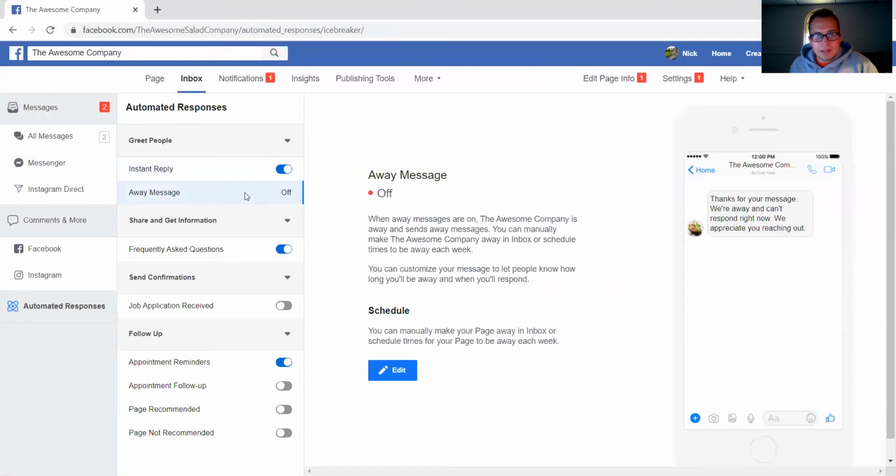You can set an away message, so when you're closed, you can even schedule an away message saying, sorry, we are closed right now. Our business hours are, so you can list your business hours and then when you would be able to respond. So that still counts as an automatic response, so it won't knock your response time at all. So let's go back to edit page info